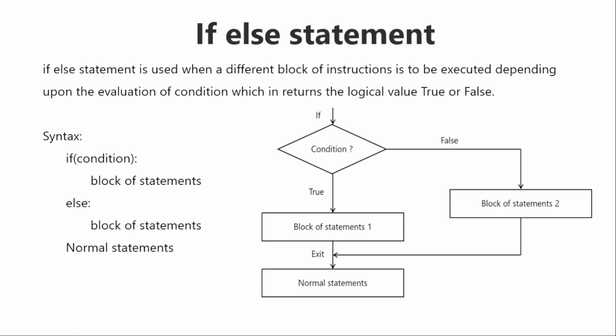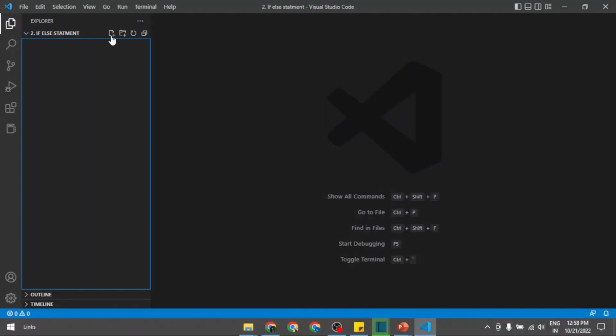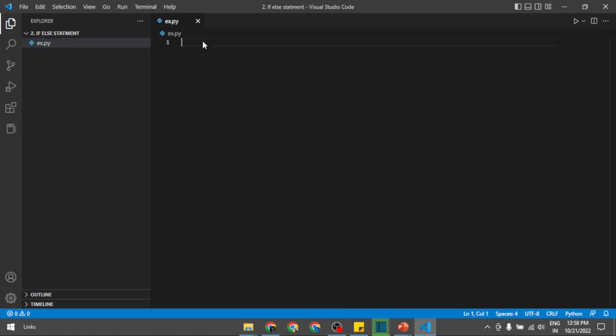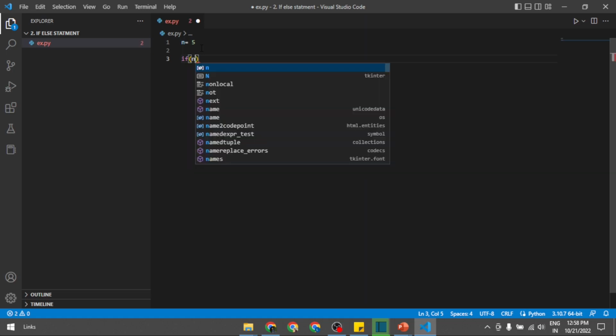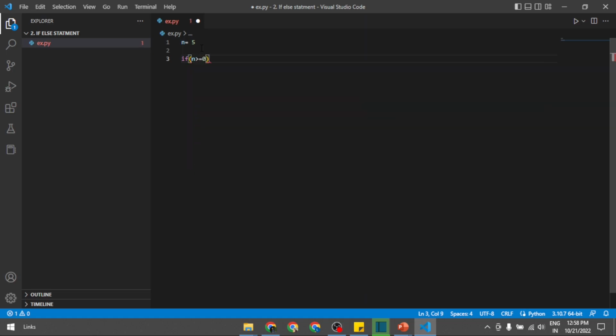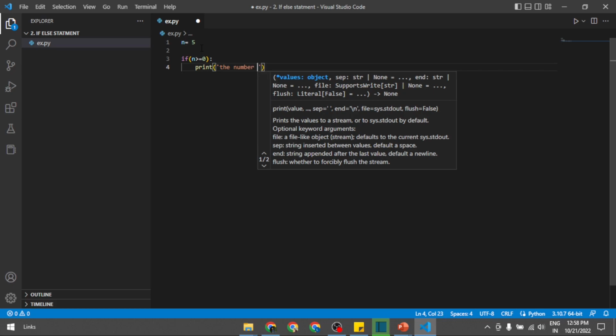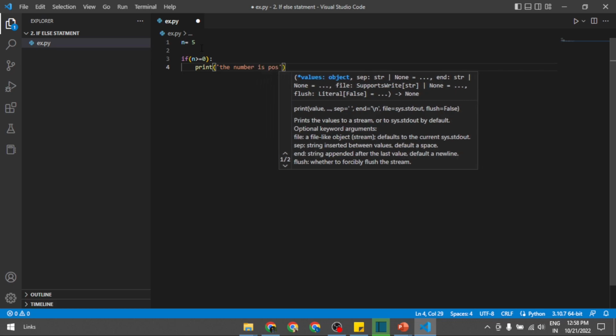Now we can move to the code editor and perform an example there. So, ex.py. Let me give n the value 5. If n is greater than or equal to 0, print the number is positive,